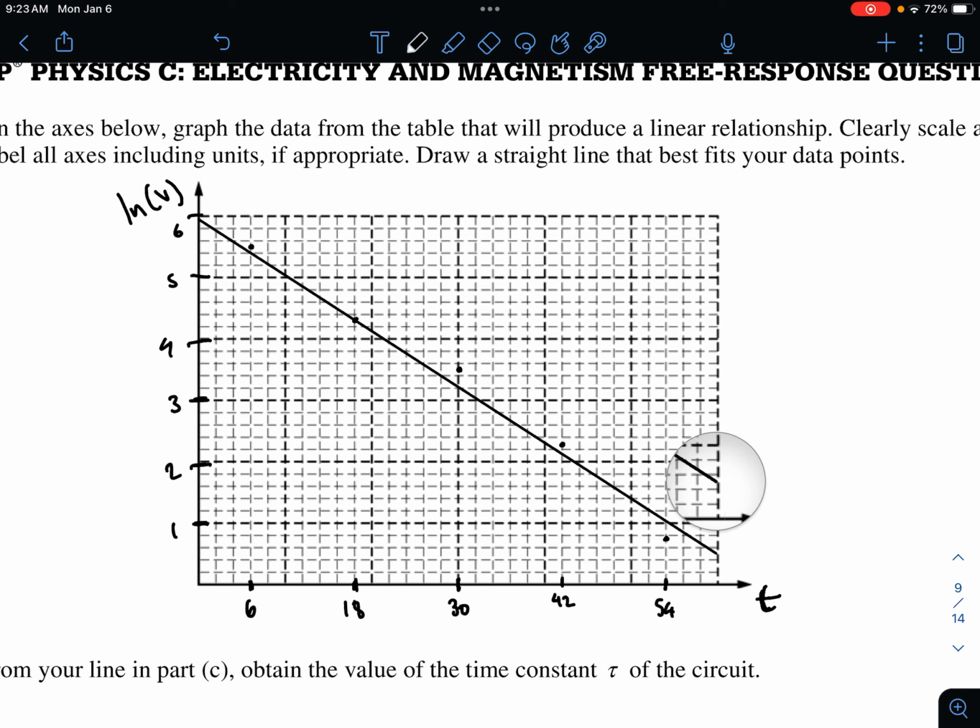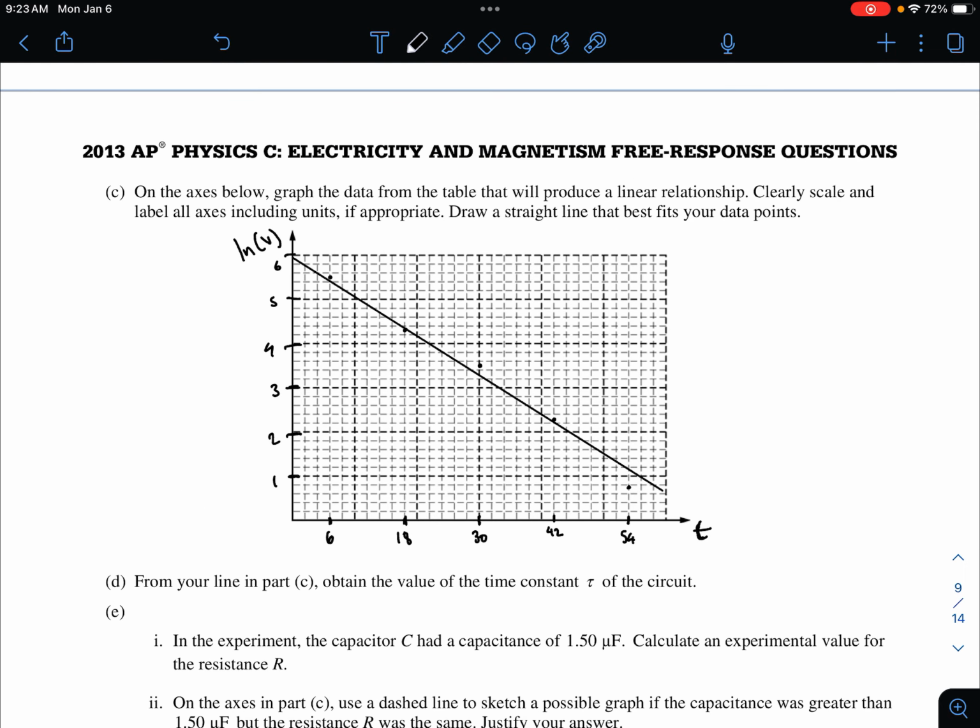Yeah, kind of like that, I think would be good. Yeah, I mean, that seems about right. So,